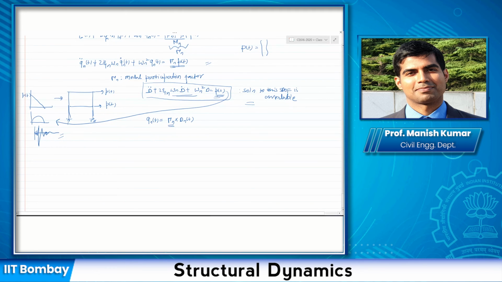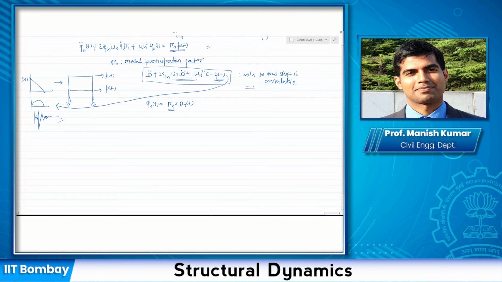Okay, so I assume that all of you got what we are doing here. We had done like this for the generalized SDOF system, if you remember, in the response spectra chapter. Okay, we have done that. I was just repeating for the multiple degree of freedom system, this factor gamma n. For a generalized SDOF system, instead of gamma n, we have gamma equivalent. But here it is for that particular mode. So Q n we can get it like this.